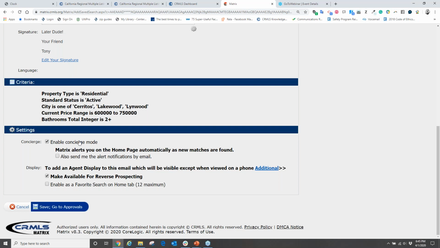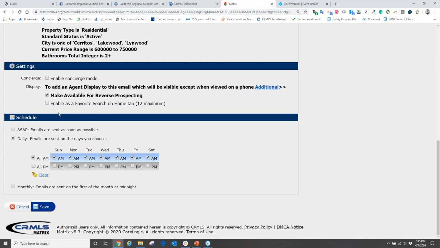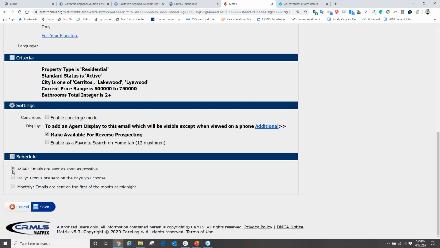So I would avoid that. So if you don't do concierge mode, not a problem. Then we're going to go with our standard schedules. So the second choice under schedule or scheduling would be ASAP. ASAP means as soon as something meets the criteria, an email is generated within the first 20 minutes to